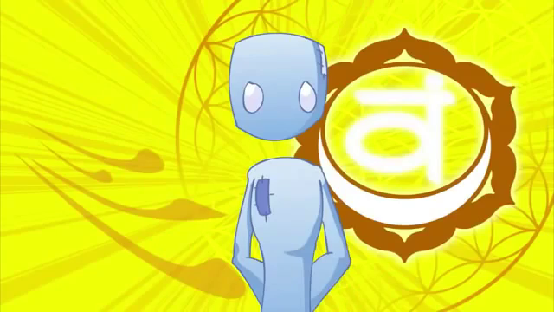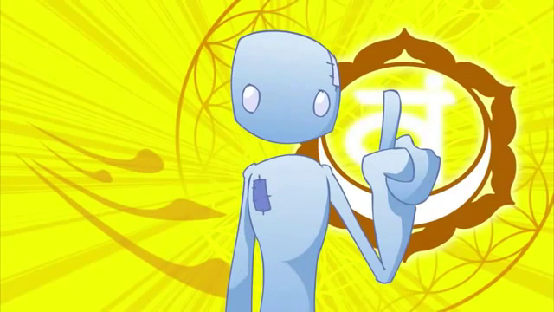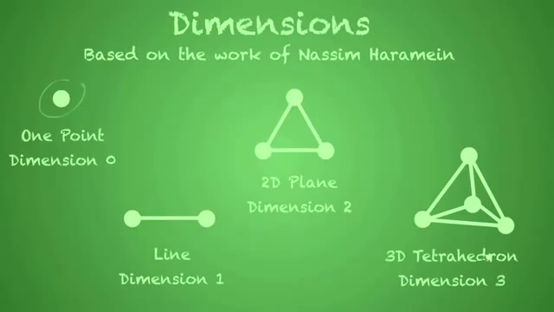Each of these numbers relate to our dimensions as well. Dimensions and densities are very interconnected, although they are not the same. Dimensions go like this. 1 is 1 dot. That's unity, or dimension 0. Then 2 is a line. That's duality. 3 dots is a triangle, so you get a flat plane, a two-dimensional shape. 4 dots is a tetrahedron, giving you depth, bringing you to the third dimension.